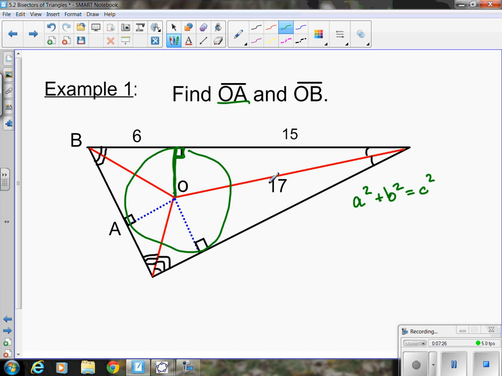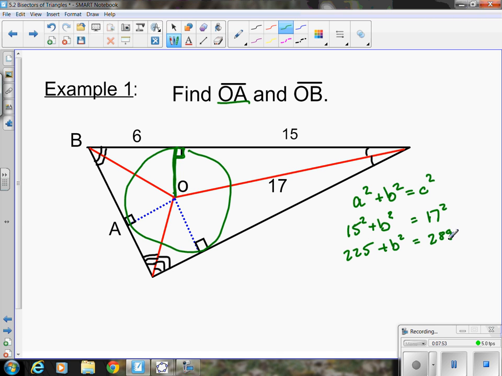Now, my hypotenuse is c. I put that in, and 15 in for a or b, it doesn't matter. And now I have to solve for the other one. 15 squared is 225 plus b squared, I missed the square up there, equals 17 squared, I believe is